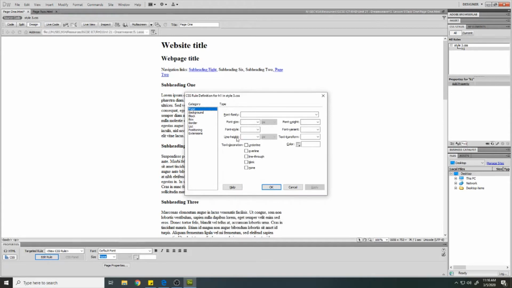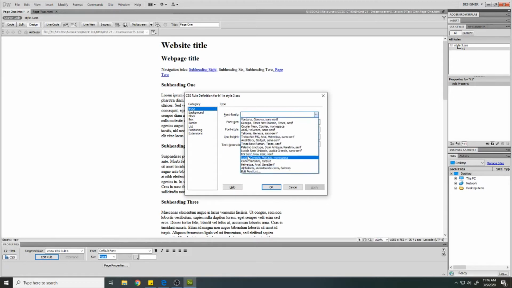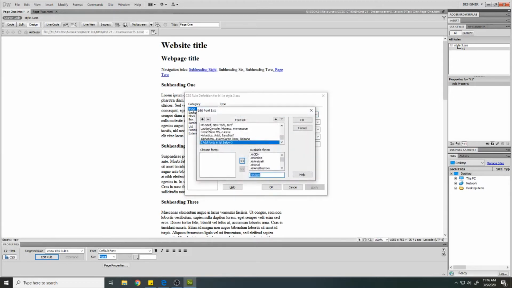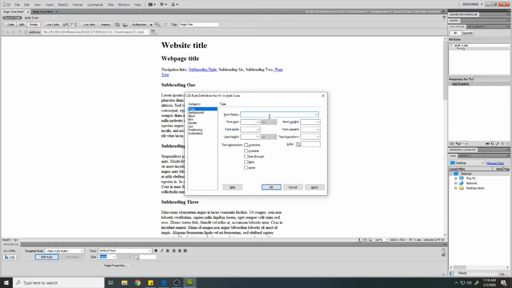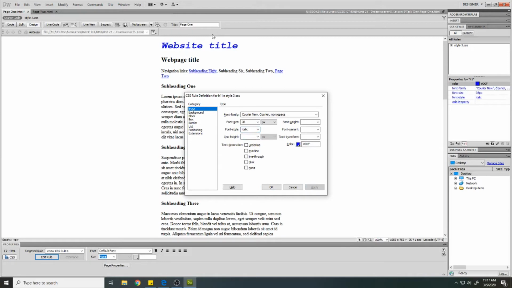So for H1, you see up here it's connected to a style sheet, and it'll add the code. You need to put a special line of code in which actually connects your website to the style sheet, but I'll show you that in a moment. So I can choose a font family, so I can choose what's already done, or I can choose a font I might want, so I'll just pick this one. There we go. I can choose my font size. I'm going to make it blue, and I'll make it italic,